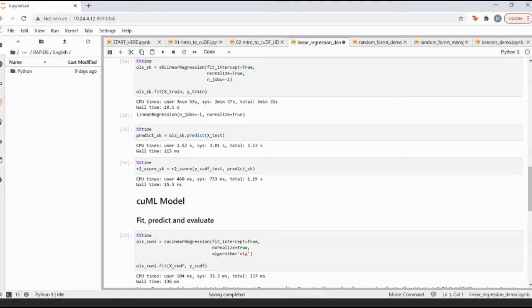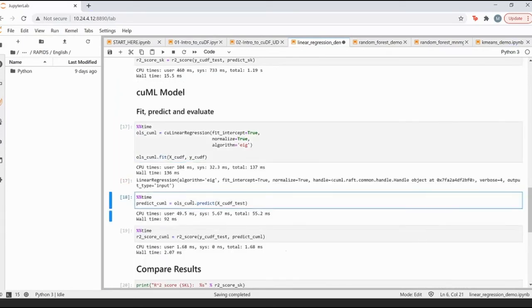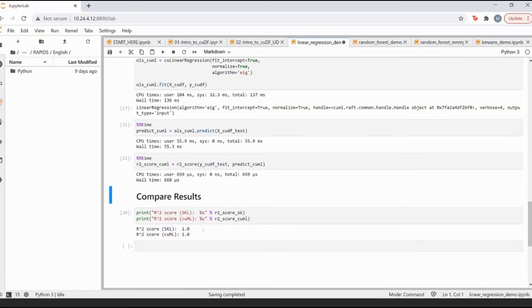It was about 10 seconds versus 136 milliseconds. So this is a pretty huge magnitude difference between sklearn and cuML. And if I now compare the results, you see that the R2 score is almost the same for both of these libraries, which is 1.0.